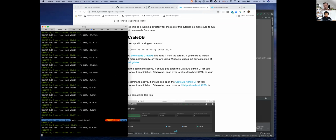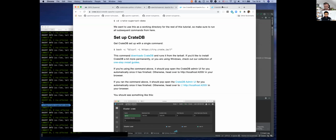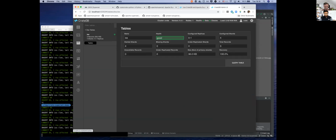What this script does is it essentially hits one of, I think, NASA's REST APIs, which is providing real-time geolocation data for the ISS. So every 5 seconds or every 10 seconds, this just retrieves the newest values and then it inserts them into the database. So I now have 3 values here at least, and if I go into my admin console,